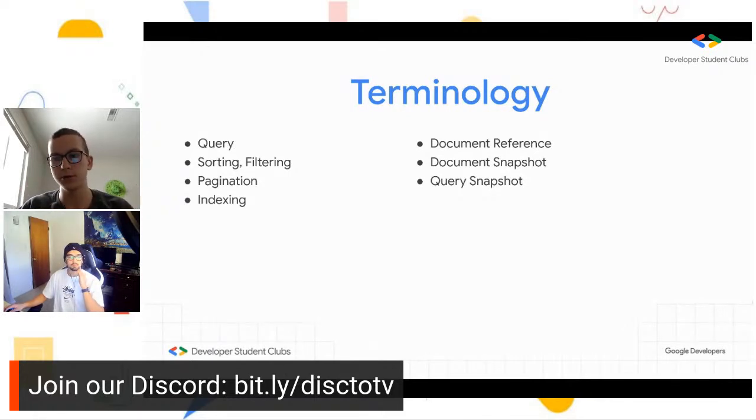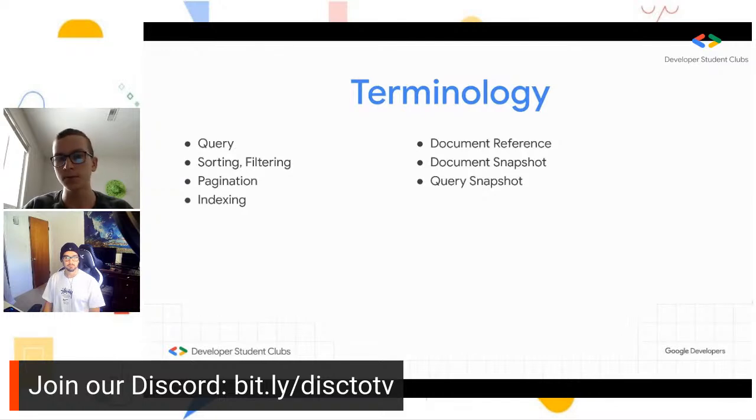Indexing is another important concept. This is basically how Firestore structures and stores your data on the backend. And this is actually why Firestore is so fast. If you want to retrieve a document, Firestore actually keeps a lot of indexes and a lot of optimizations to retrieve the document as fast as possible. We'll go back to indexing, and I'll explain why it's important when we hit some limitations with Firestore and things you cannot actually do